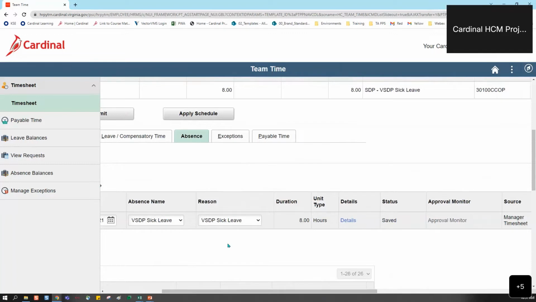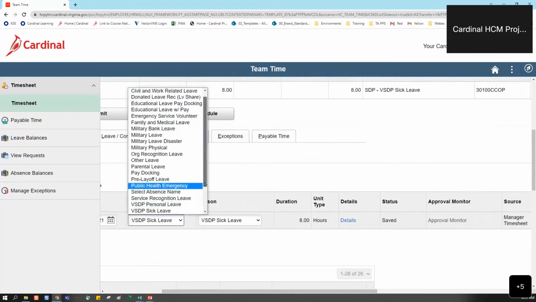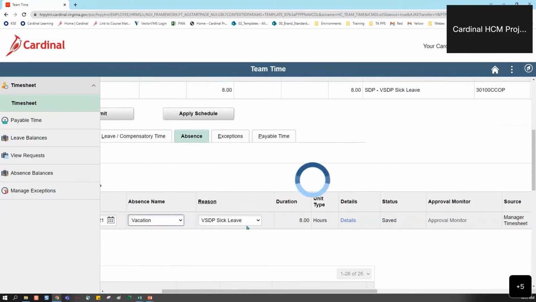Well, she doesn't really want to use sick leave. She really wants to use vacation leave, and that's fine. Now she can edit it back to vacation. And that pop-up message that I quickly clicked OK on was just saying, hey, you changed the absence name. And I clicked OK because that's what I wanted to do. Now